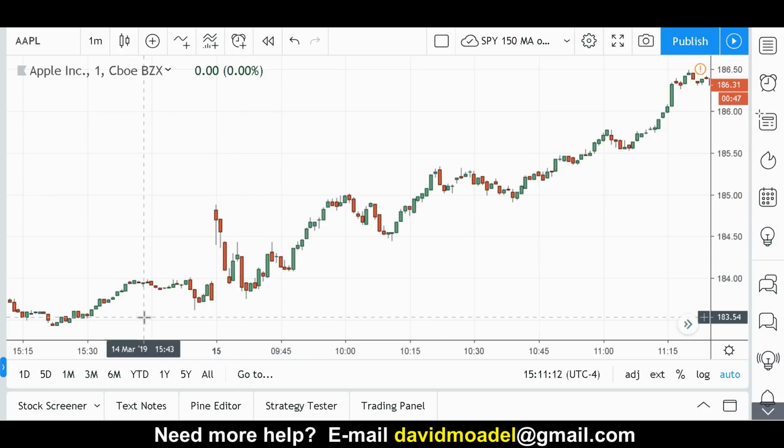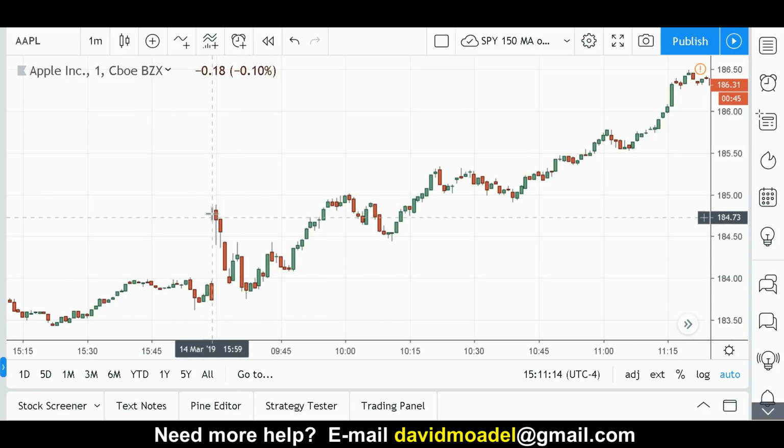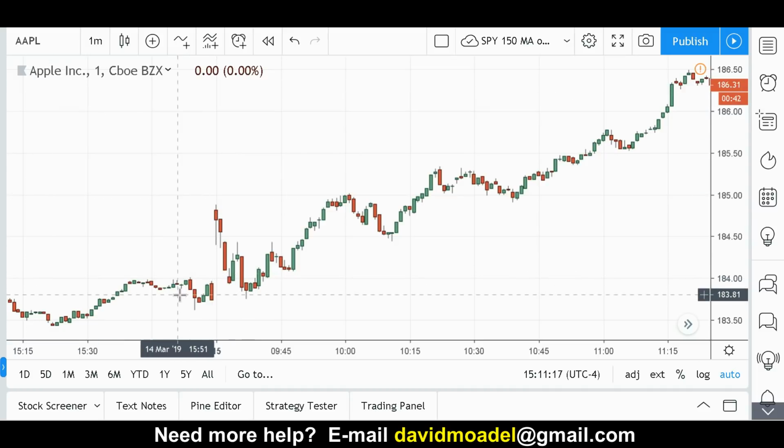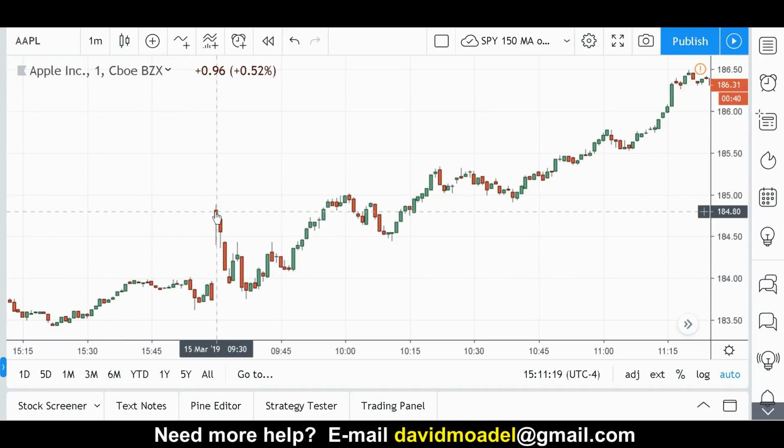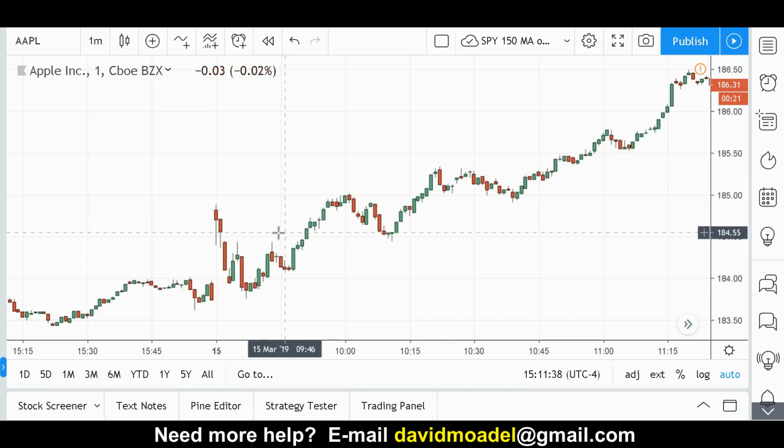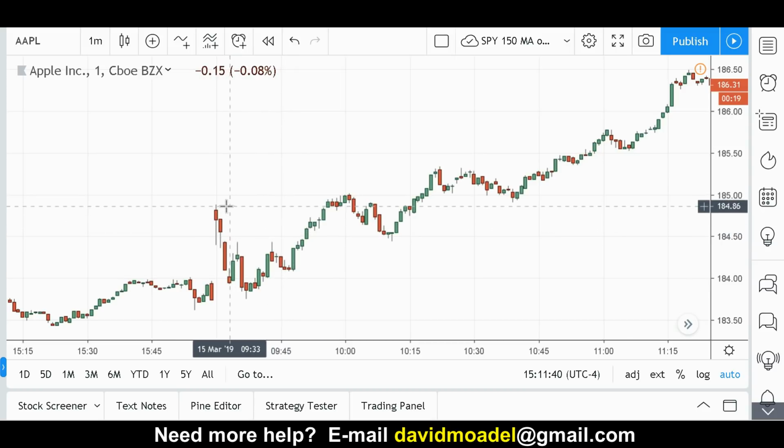On TradingView, this is Apple, 1 minute candlestick chart, and it gapped up. Notice that it has the opening at 9:30 a.m. Eastern Time, and then the next measurement is 15 minutes later at 9:45 Eastern Time, which is very convenient for this method because you're going to wait until the first 15 minutes are finished, and then you're going to measure the highest point, including not just the bodies of the candlesticks, but also the wicks or shadows.